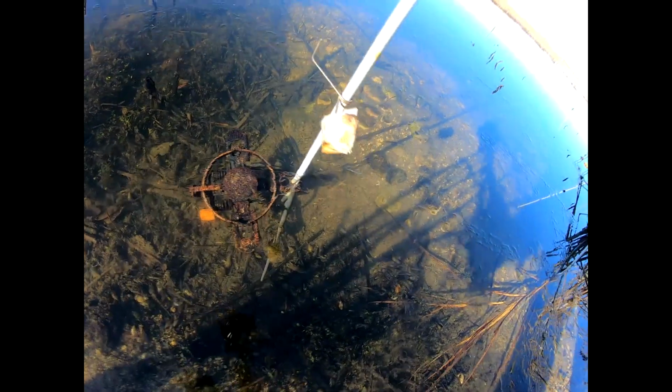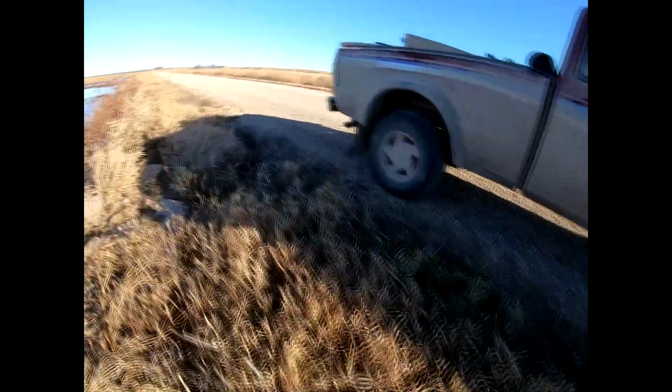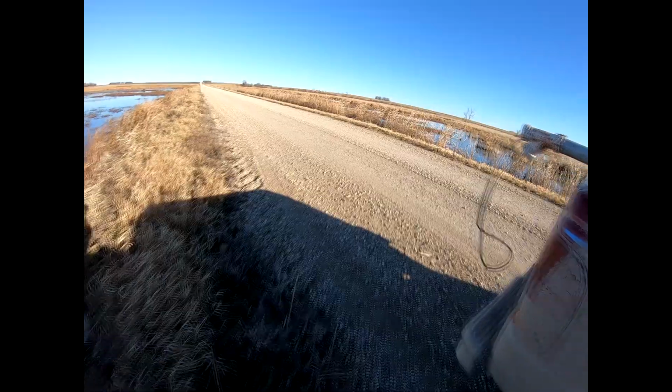So, but actually you could see, hopefully you guys could see, muskrat chewed on my sugar beet there. So, had a miss there for sure. And then on the other side of the road here,